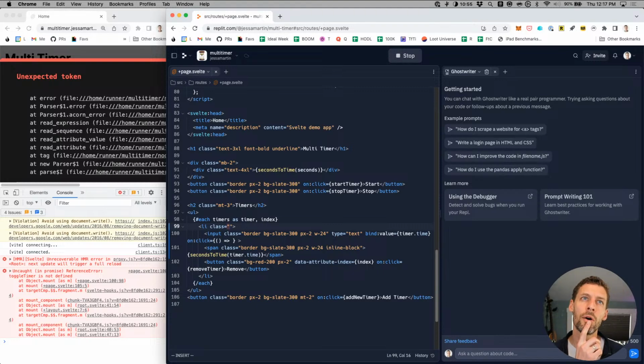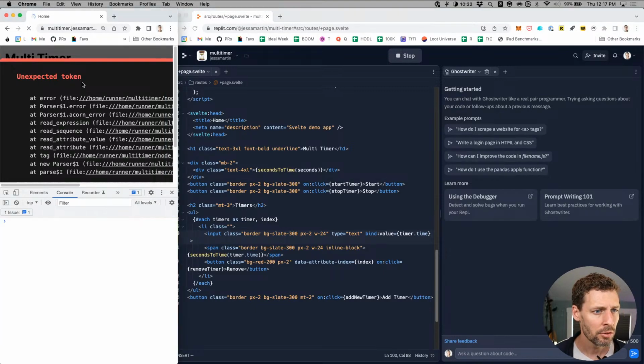So there's a couple different ways to do it. If we have the right class on an li here, we could have these child elements be hidden or shown based on their relationship with the class here on the li, and then we just have to toggle the two things. But one thing that did occur to me is how would we want to toggle back? All right, let me make this compile again so we can see our multi-timer. Let's see, remove the on click will be the easiest way. Hopefully this will compile again.